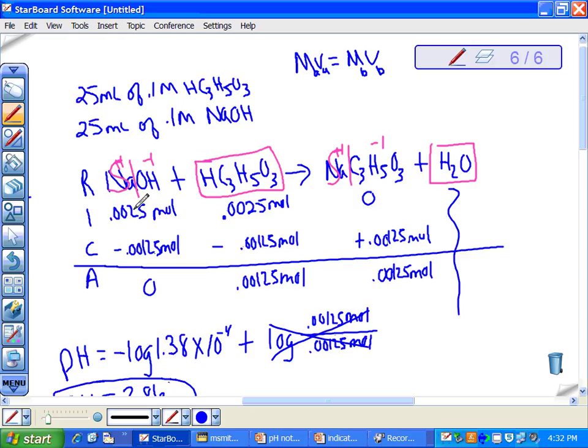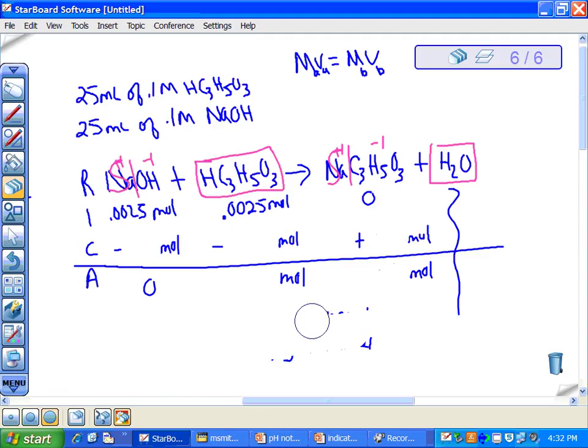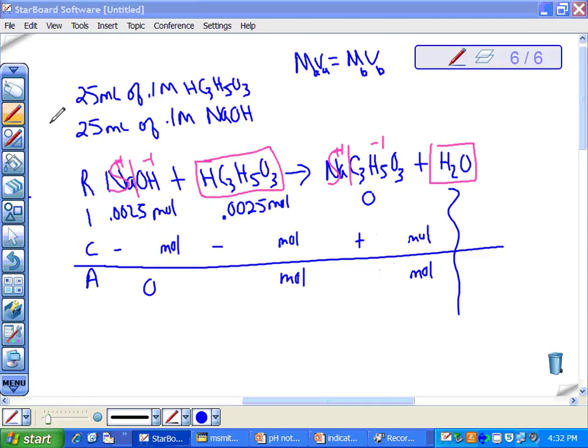So do you notice they're equal moles? So if we made the smallest one go away, do some erasing here. At equivalence point, you no longer can use Henderson-Hasselbalch. Get him out of there. And here's the reason why. Smallest number is the same on both sides. So they both go away. So if we add it over on this side,